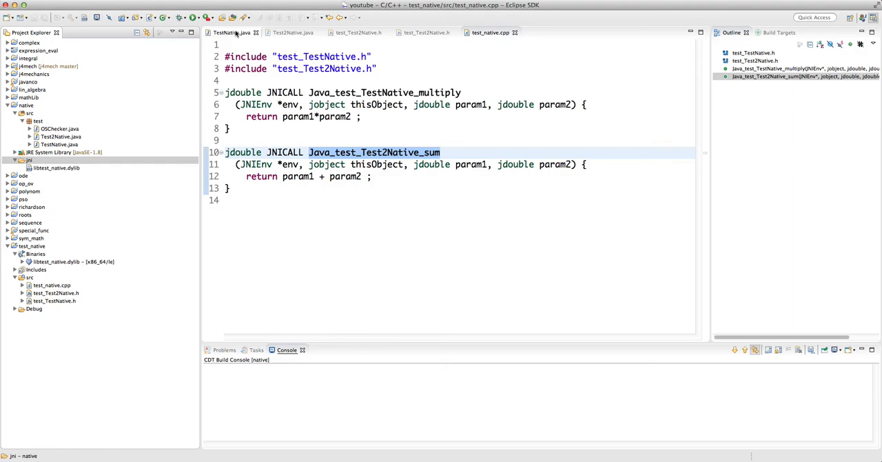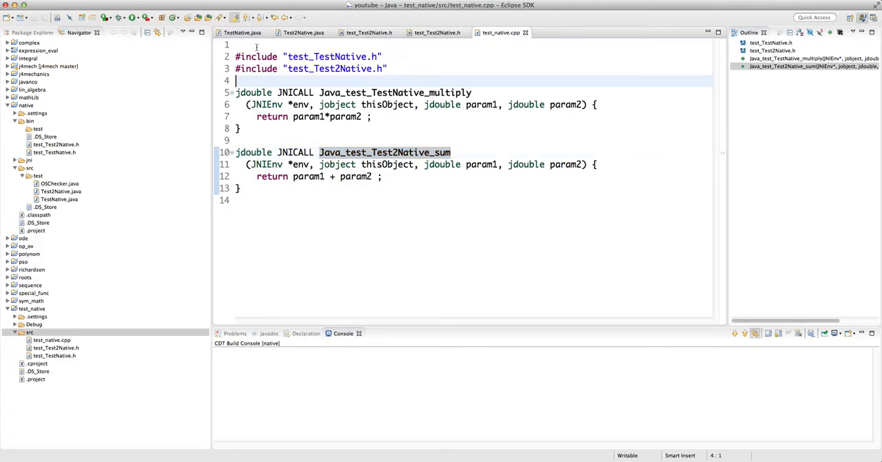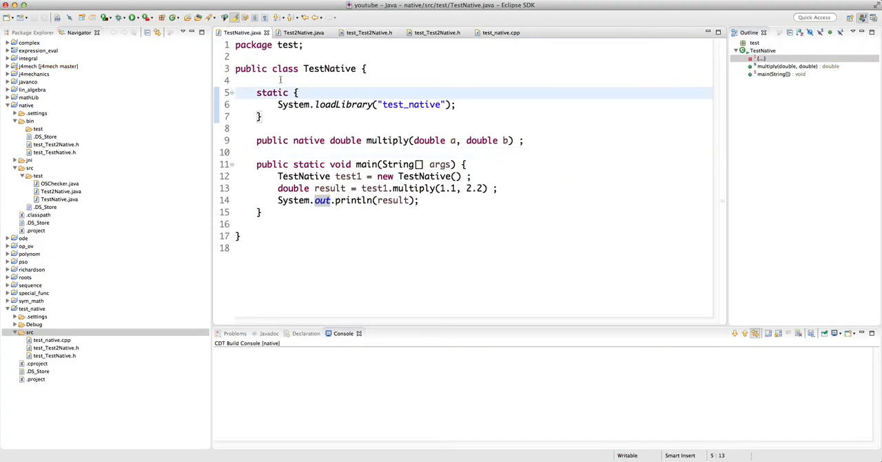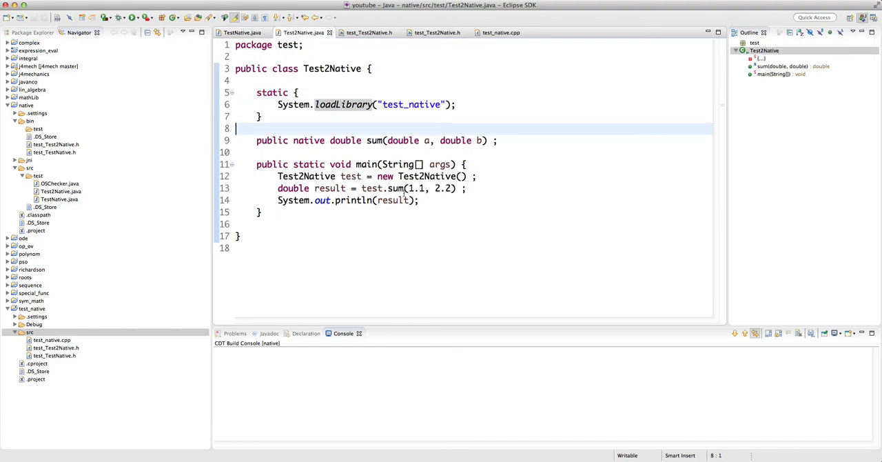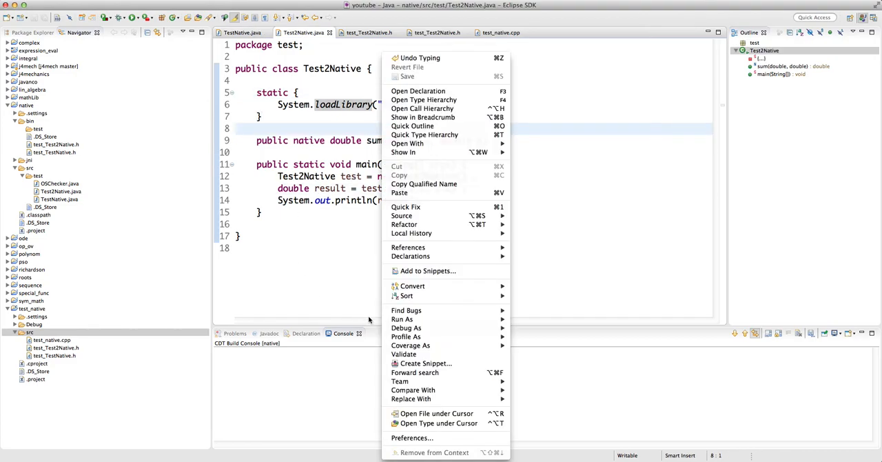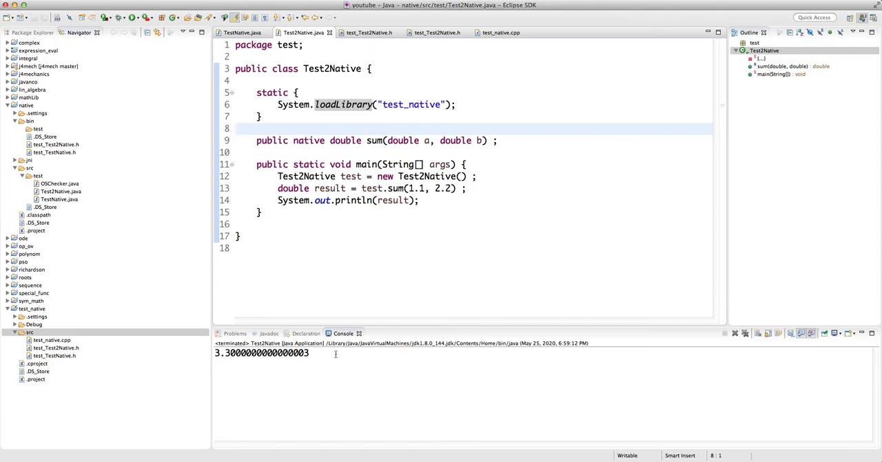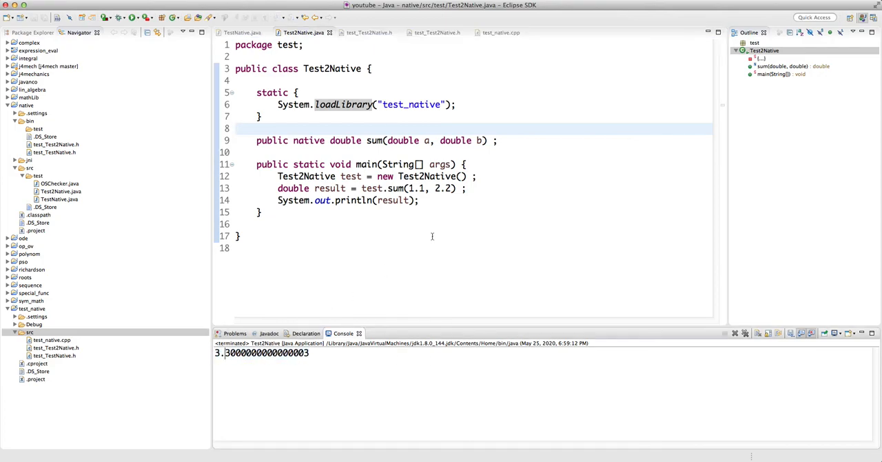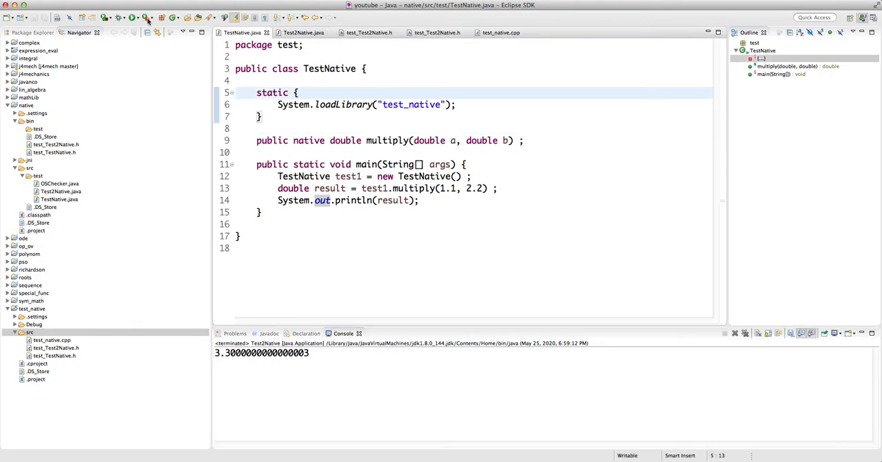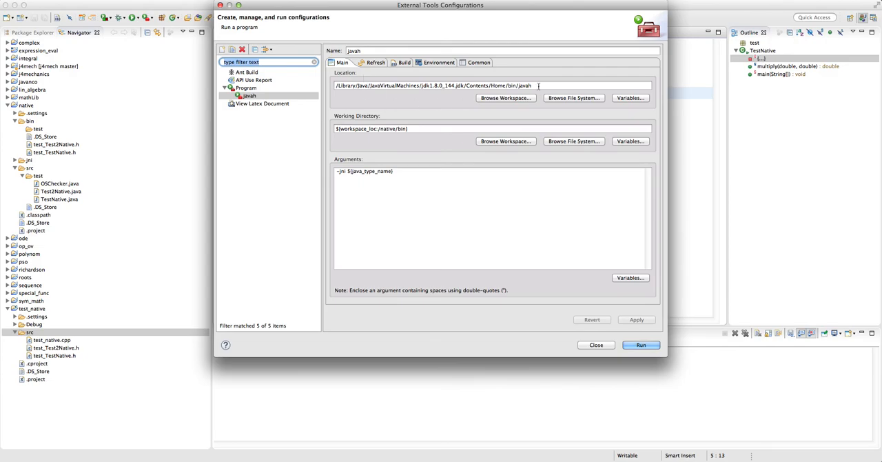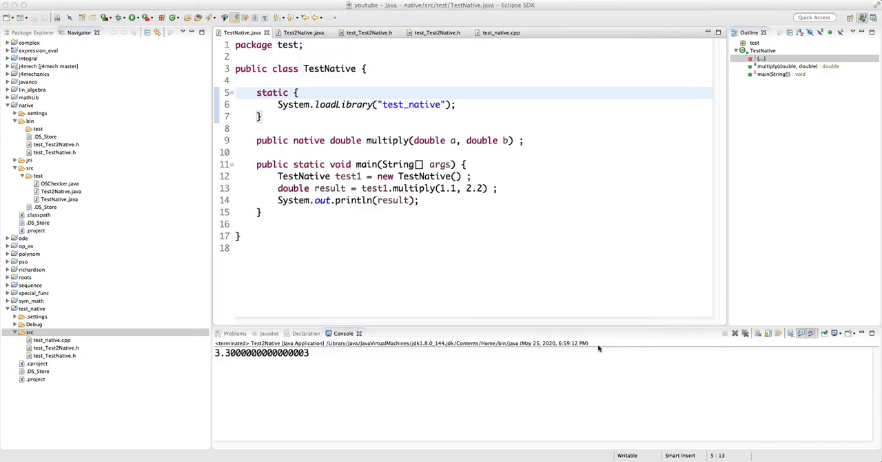Okay, and now if I go back to the Java perspective and go into Test2Native, which has this sum, this should work. Yes, 3.3. Okay, so I hope you understand the process. What we need to do, one of the main steps, is to be able to configure this external tool to correctly run javah, to be able to create the header file, and then